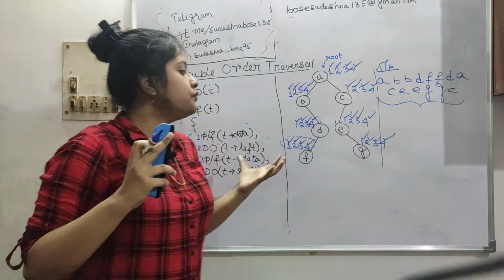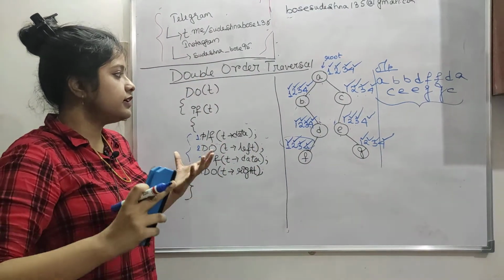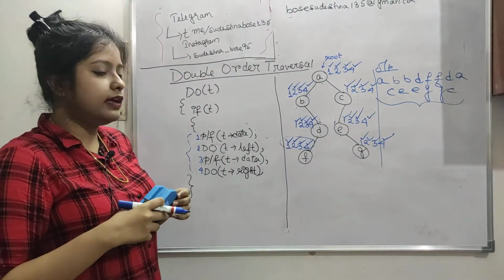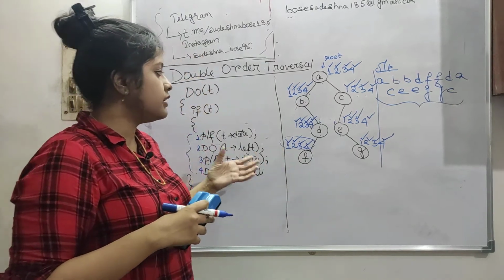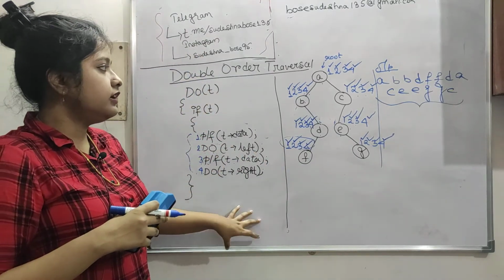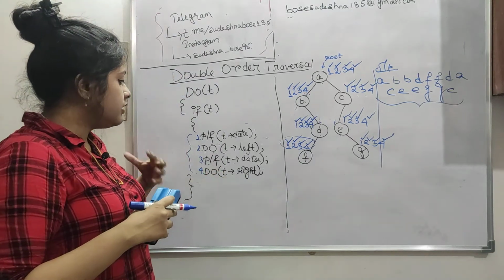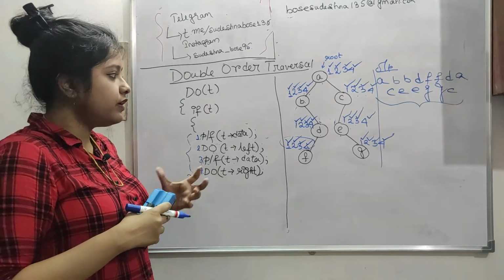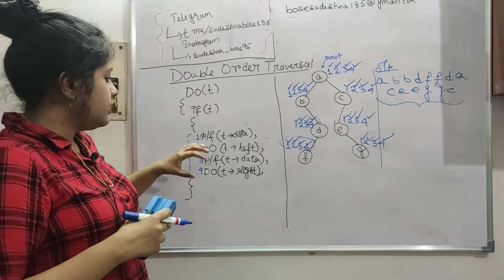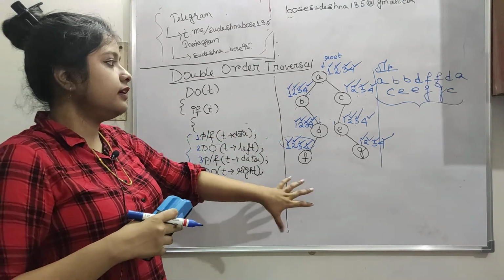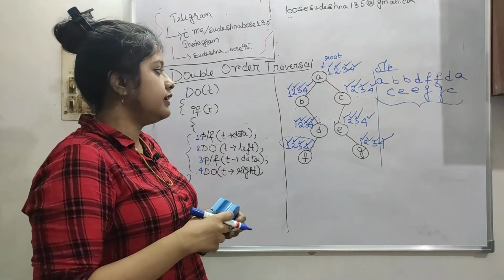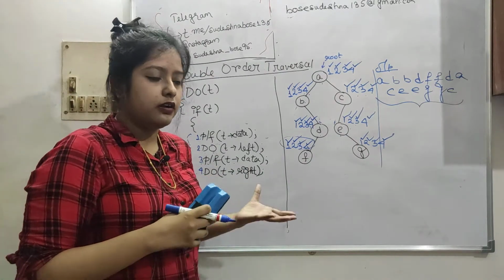So we will continue with this. This kind of questions are very common. I have seen some in some test series also. I have taken this example from Ravi sir's course only. So I will continue with this and then we will do PYQs also. So it is nothing, double order traversal, there are like triple order traversal, and then it will be jumbled up in a different manner also.